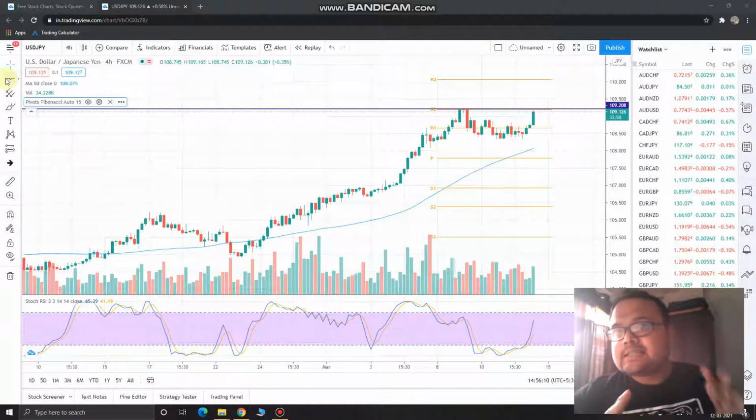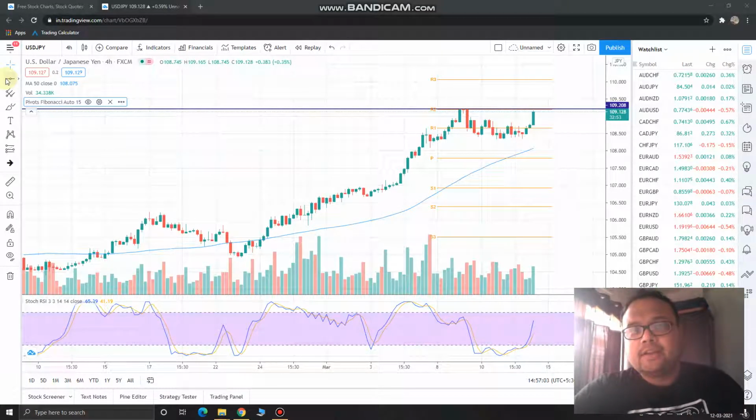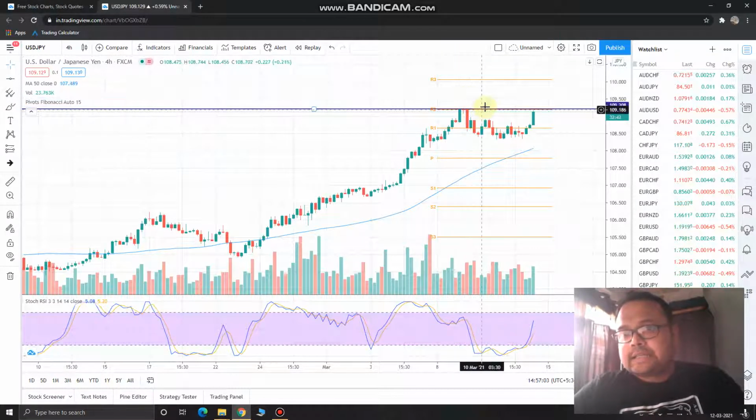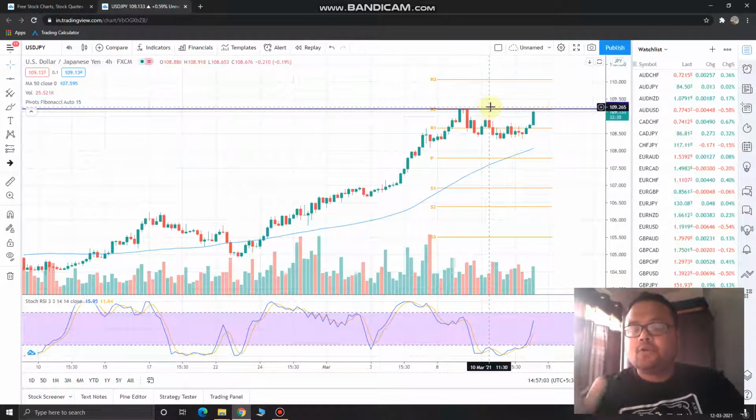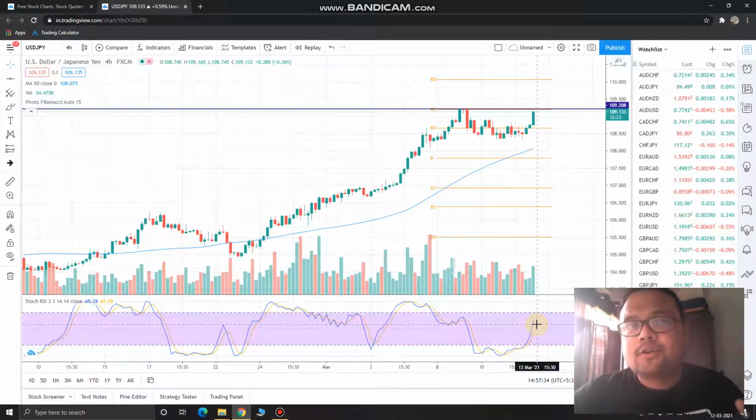So these are the simple strategies that you can follow for a trending market like USD Japanese yen, because things are not very complicated in a trending market. You just need to find the best place to click on the buy order. So hopefully you've understood that the first position is above this line. Let the market cross this line, then go for a buy order. And secondly, wait for the stochastic RSI or market to come to the oversold zone, and when from the oversold zone it goes up again, grab it. So these are the two simple strategies that you can follow for US dollar Japanese yen for 12 March 2021.